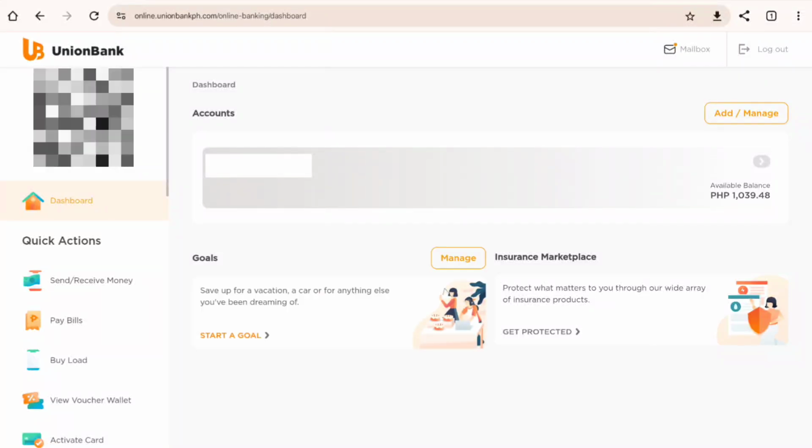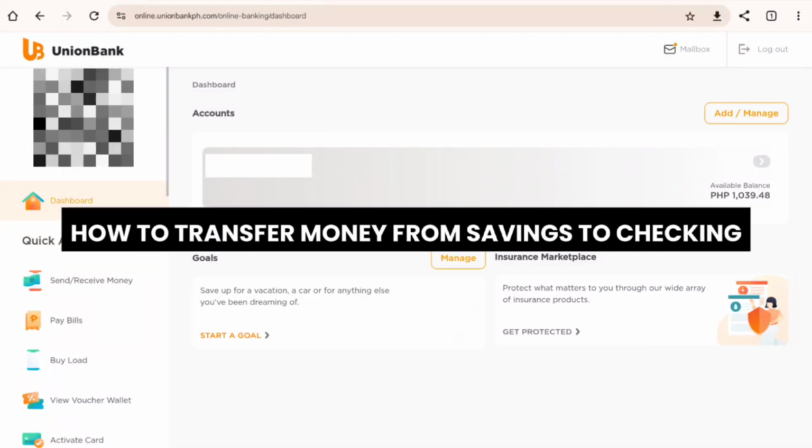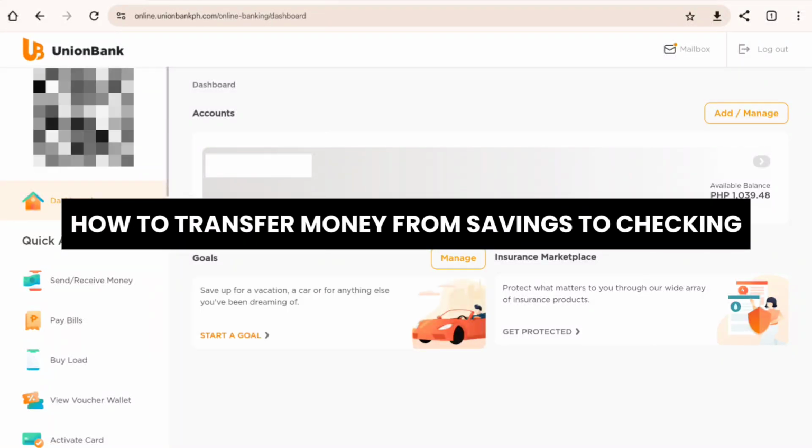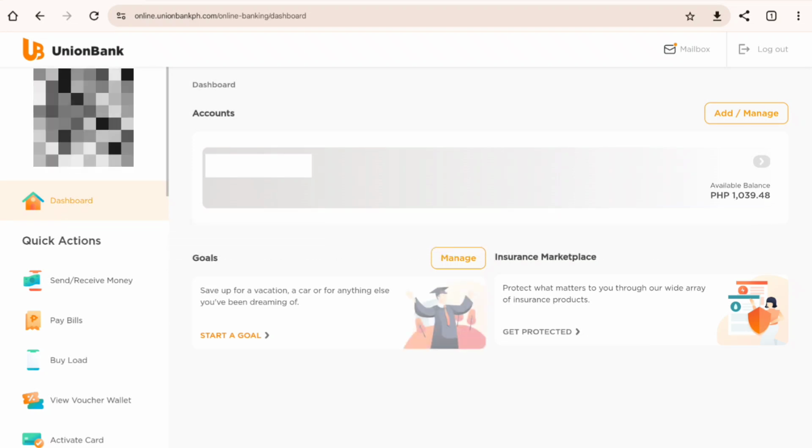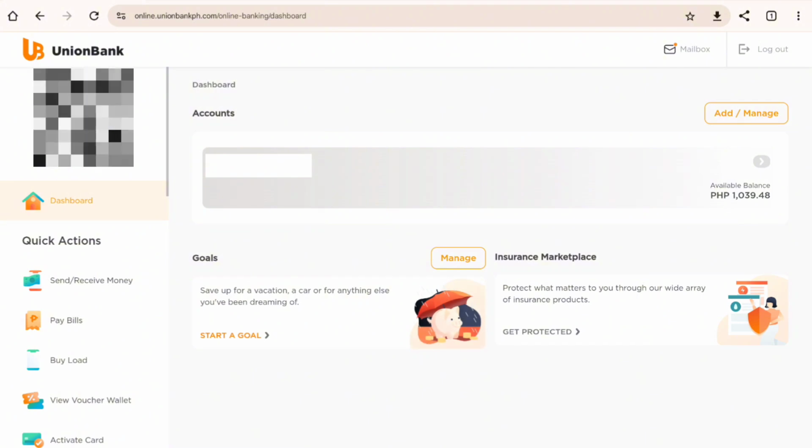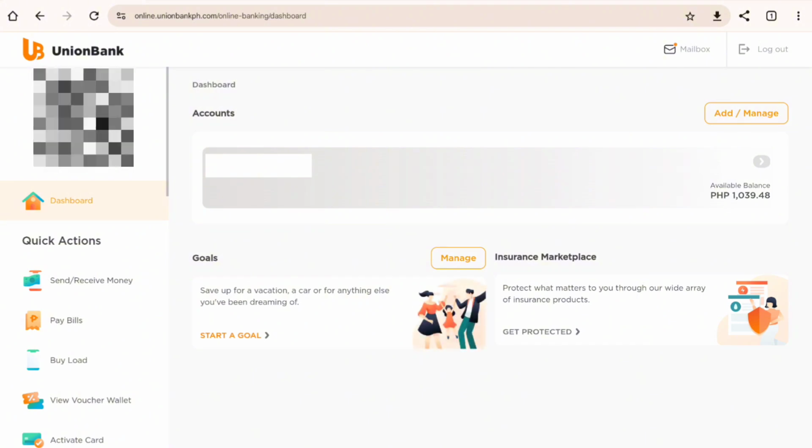In this video, I will show you how to transfer money from savings to checking account. So to get started, go ahead and open your banking application and sign into your account. Once you're signed into your savings account, go ahead and head over into the send or receive tab,